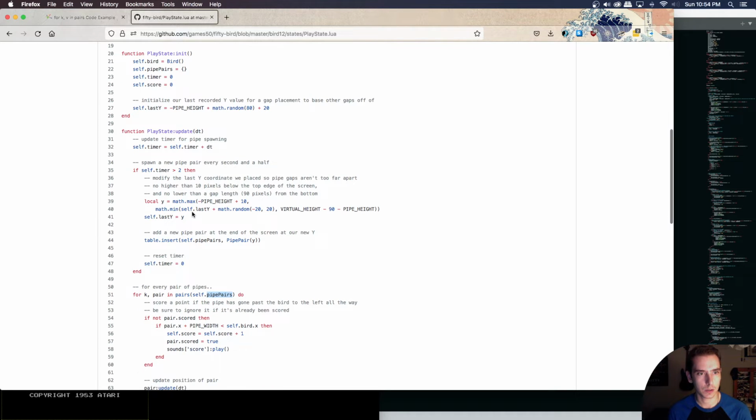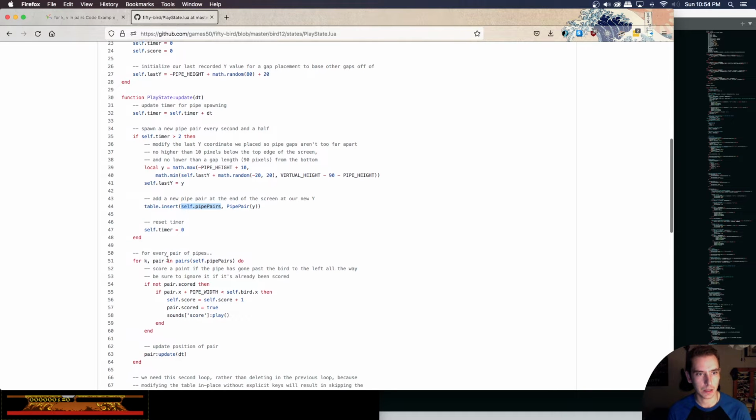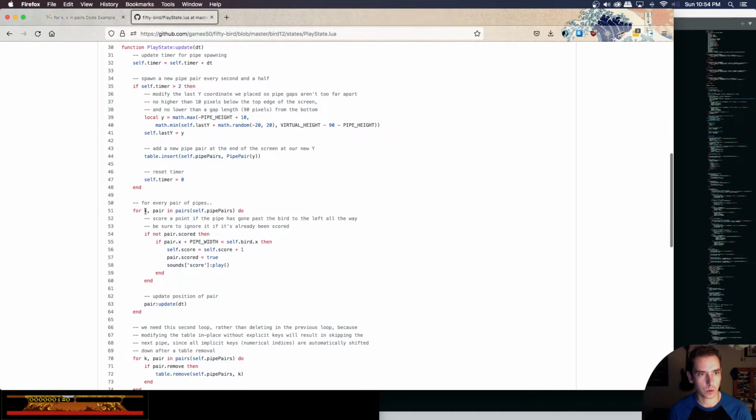And then here we're saying you're going to insert a pipe pair into our table of pipe pairs. And then for k, pair in pairs, pipe pairs,